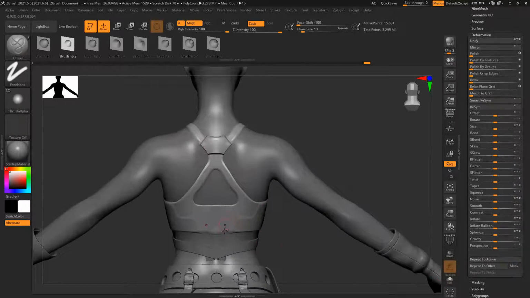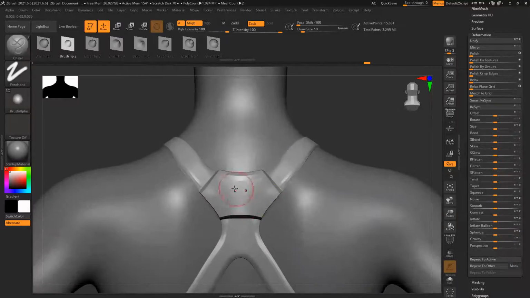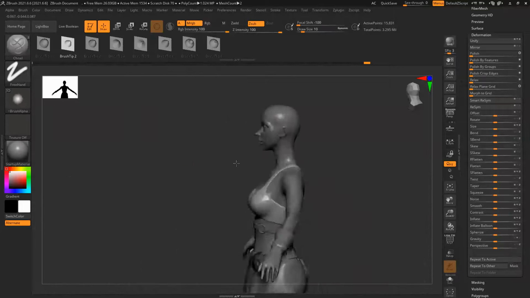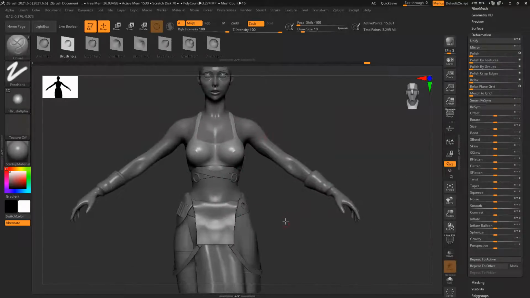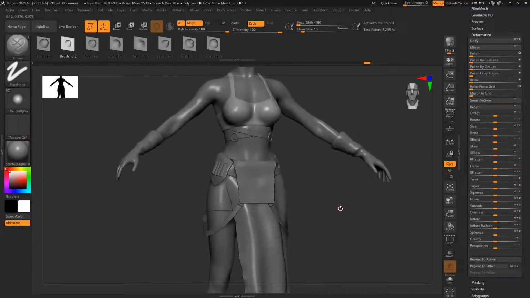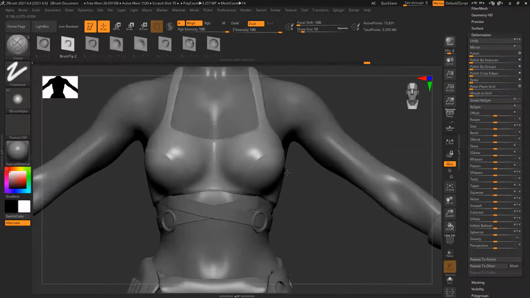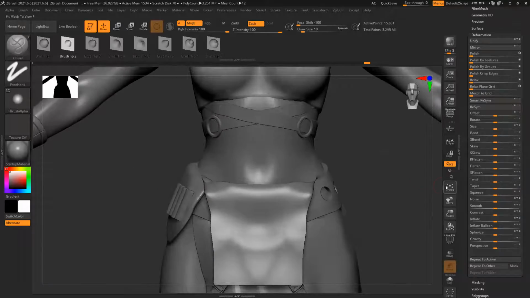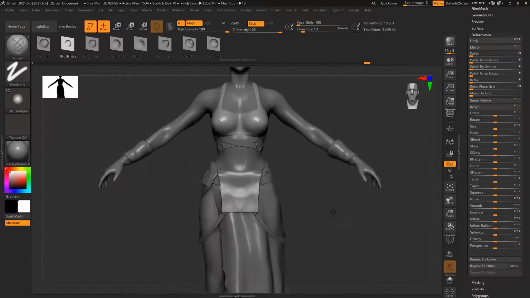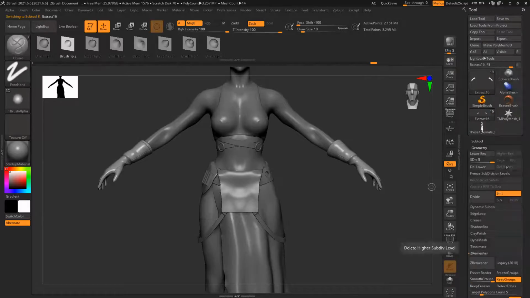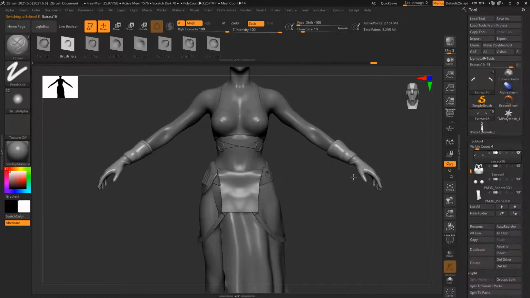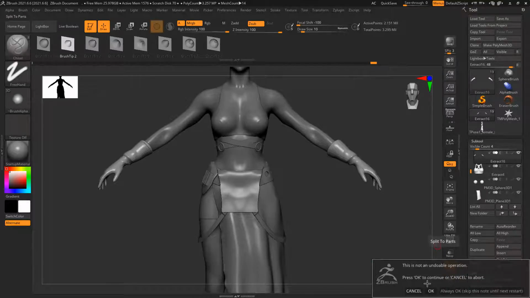The same process I followed here. And this thing is supposed to be separate because it's a separate element, I believe. Okay. So like this, you generate everything. Why is it incomplete? That's strange. Okay. Control Shift. These two I need to separate. So I need to delete this one. Split two parts. Cancel first.